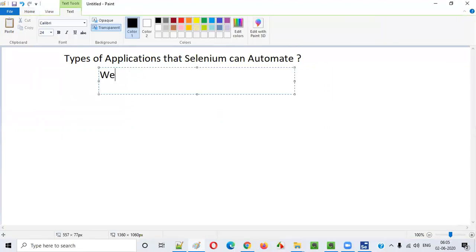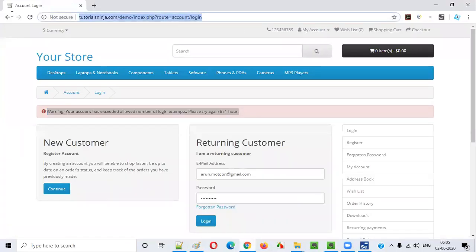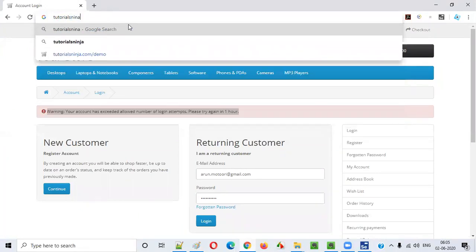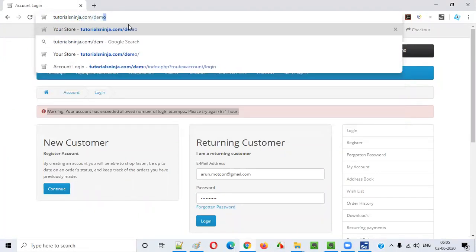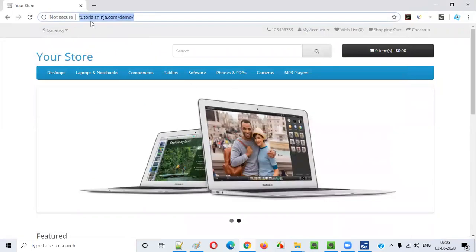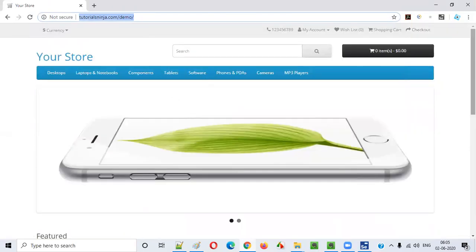Yes, web applications. As you can see, this is a web application, because it is an application that can be opened in the browser. For example, tutorialsninja.com/demo is a web application, because I'm opening it in the browser. When I simply browse this application URL, the application opens in the browser, right?